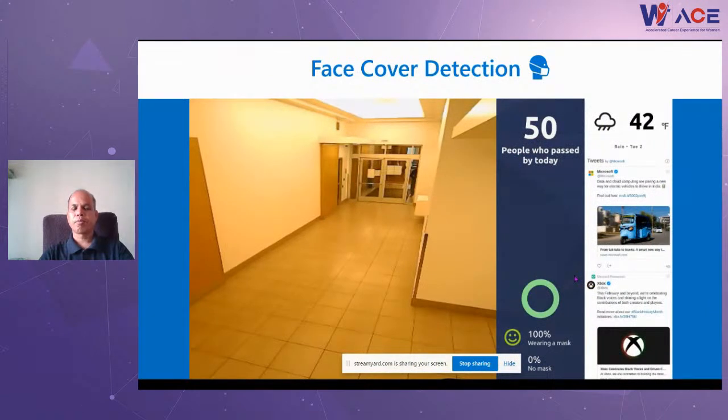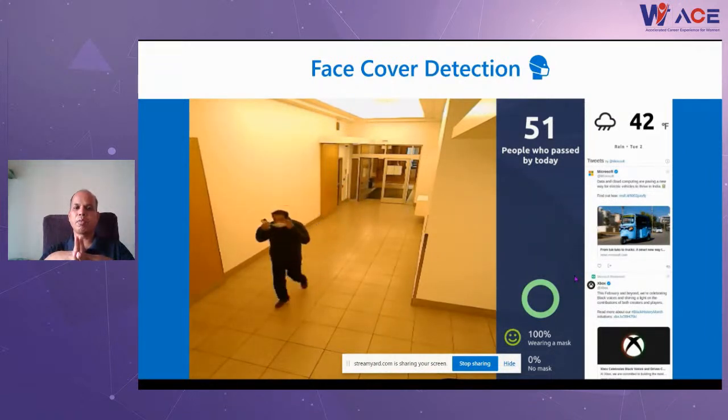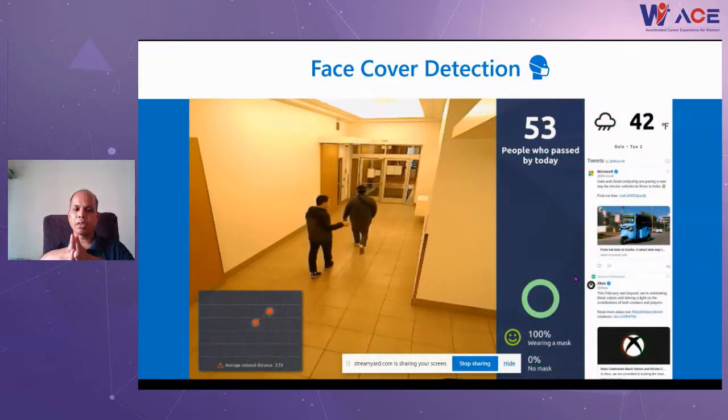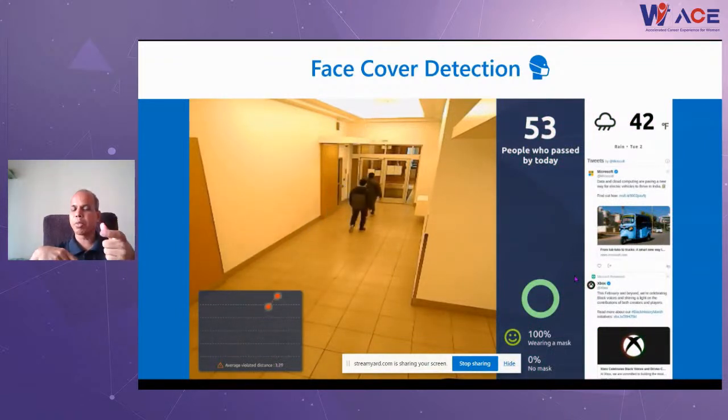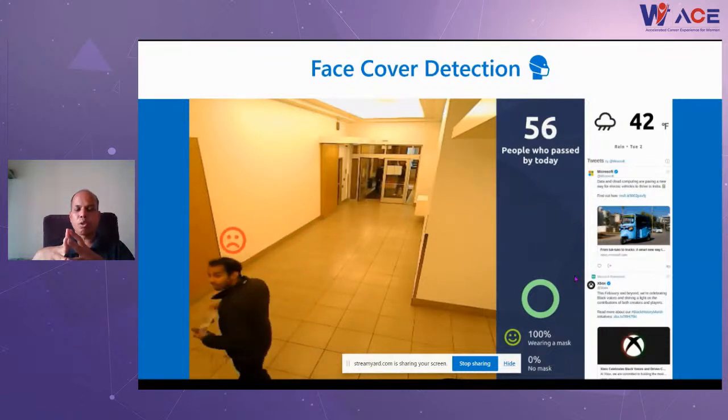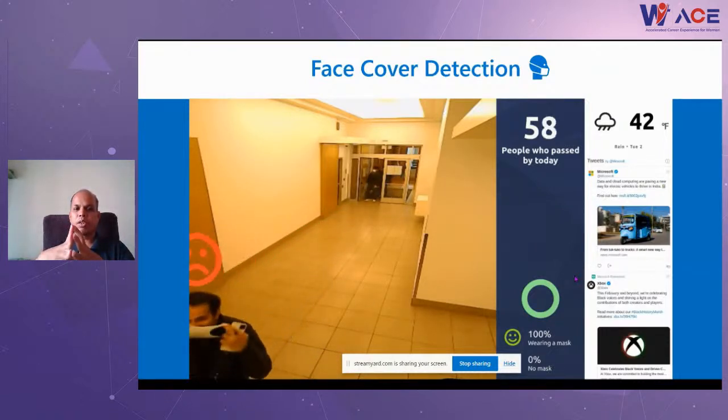And here is the last case study for the day. If people are coming in and there is a policy enforced that you should be wearing a mask at any point of time, but you are playing around with it, now you can see how the smiley changes to a sad face. You can find out whether the person coming in or going out has worn the mask or not, and what distance they are maintaining when two people are stepping out of the office or their home. So this is how you can find out automatically who is behaving how.